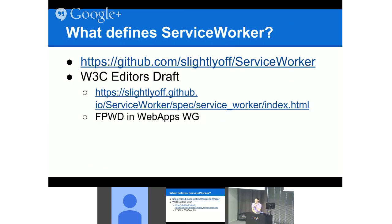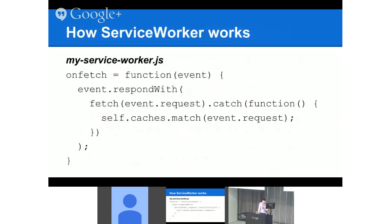So the question is, if the internet is not totally offline but very slow, is there an option for the user to choose to be offline? Hmm, I don't think so. I think you could probably do something like a timeout within the service worker script itself. Earlier I had this slide where if the fetch event fails, you catch the failure. I'm actually not too sure